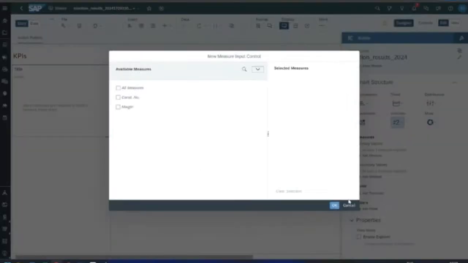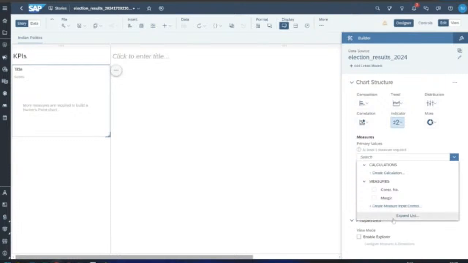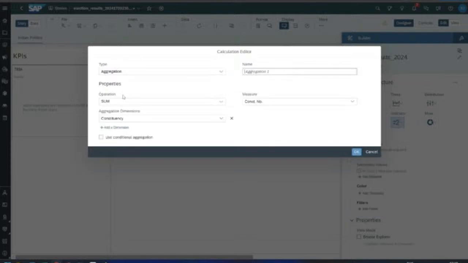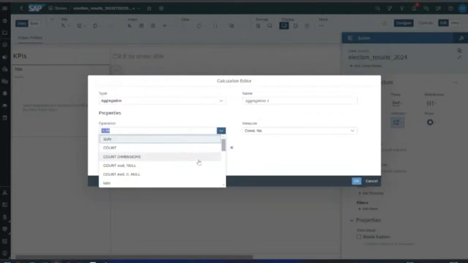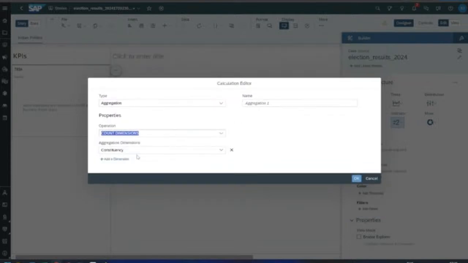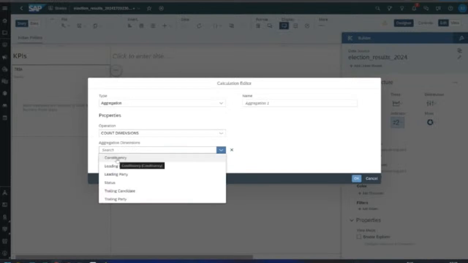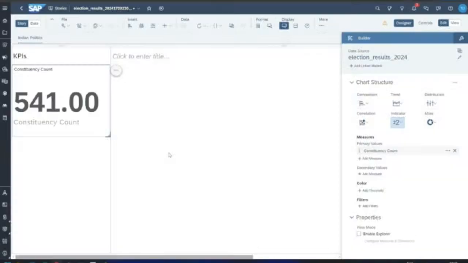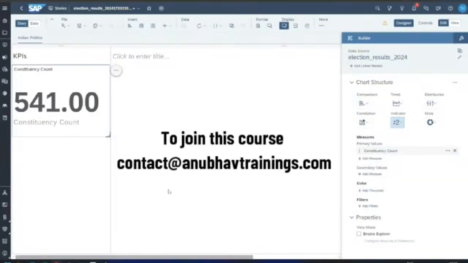I would like to create a brand new measure myself, a new calculation, and there I will choose aggregation to count the dimensions. How many unique constituencies were there? This is what I will be choosing now, and I will call it constituency count. I click on OK. So there are a total of 541 constituencies where the elections were held.